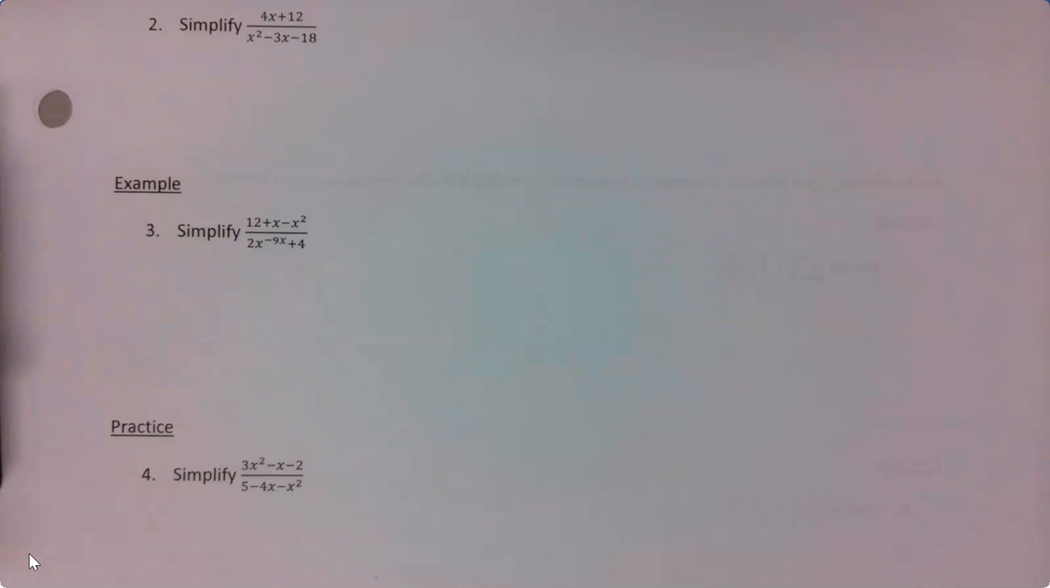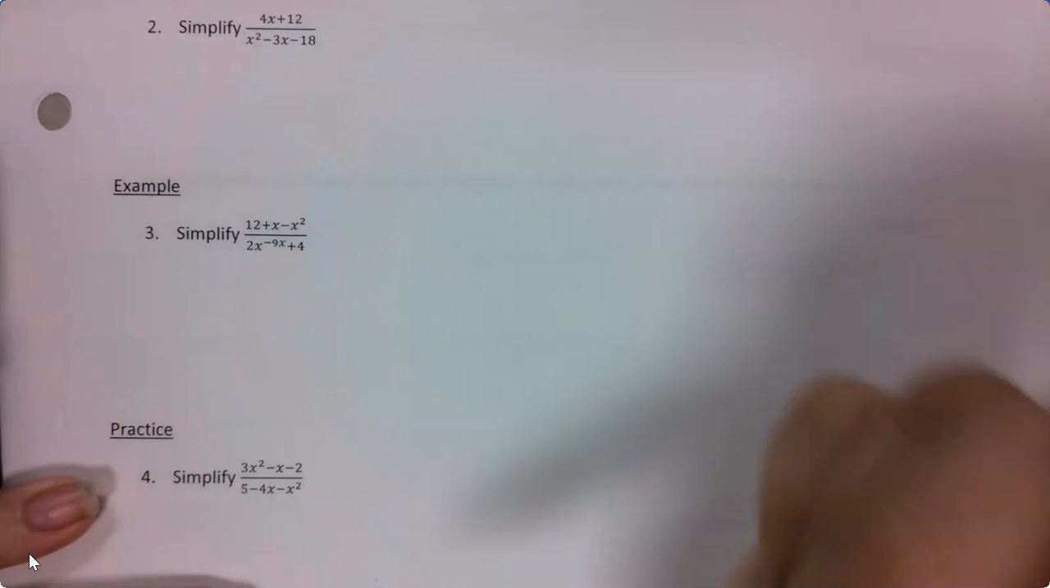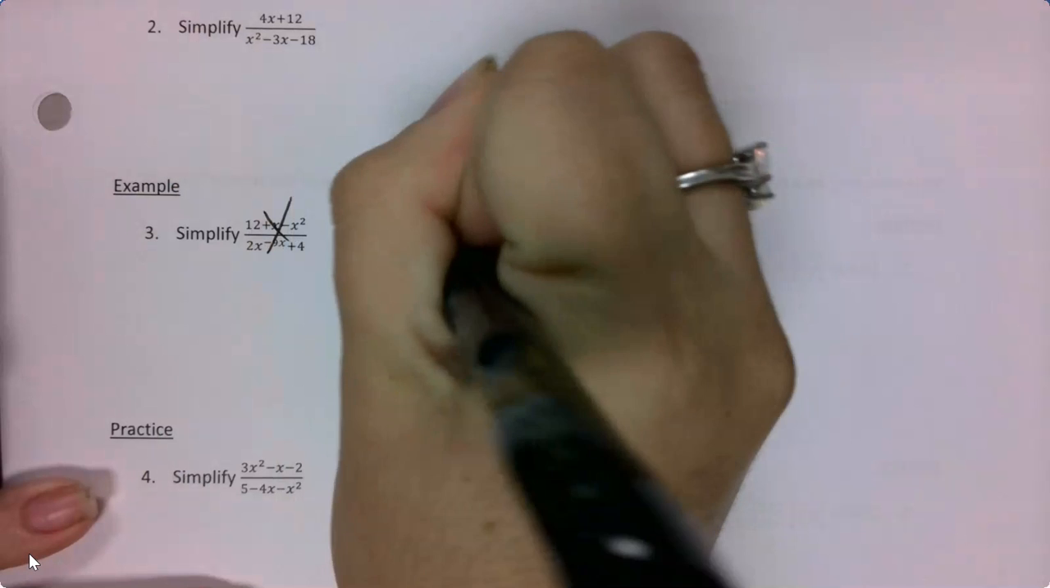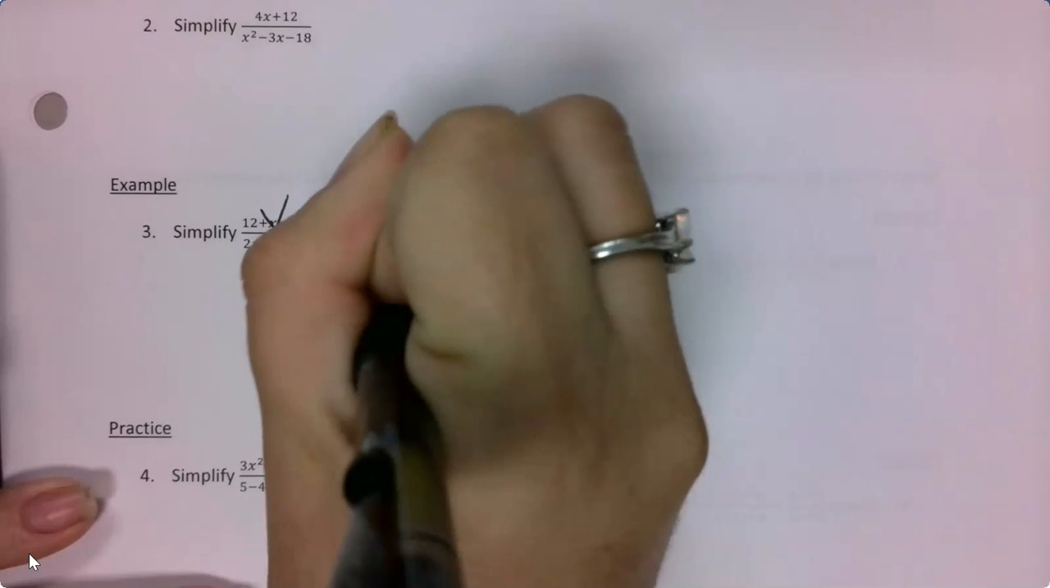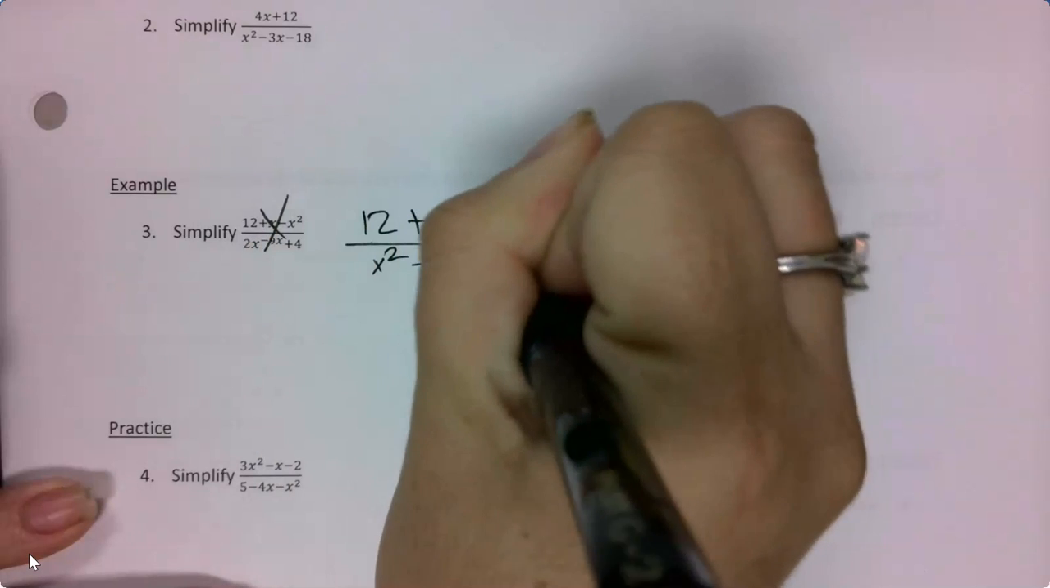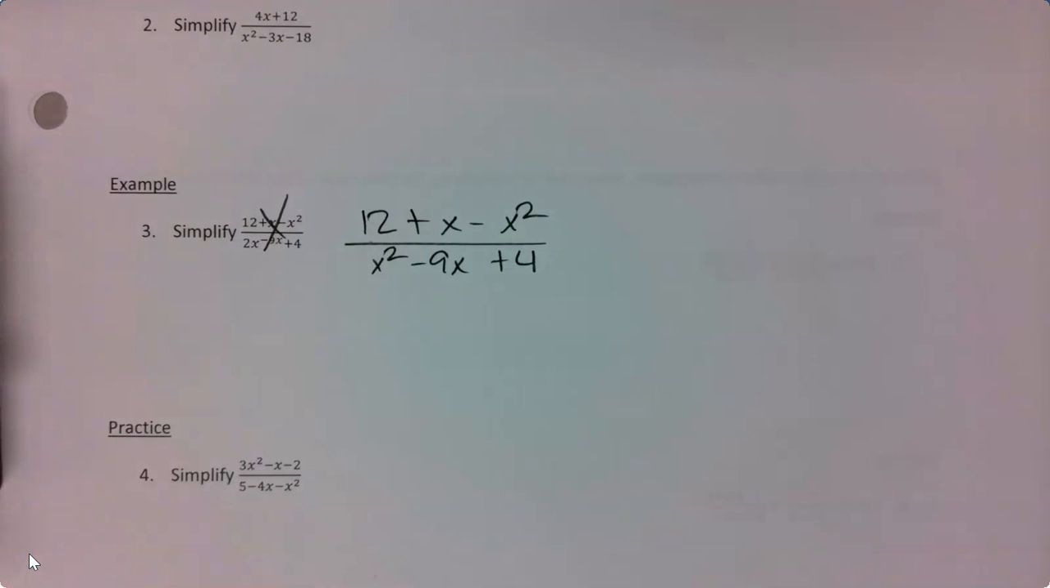So on this one, the typo, it should say x squared minus 9x plus 4. So I'll rewrite this off to the side. Okay? So just like before,